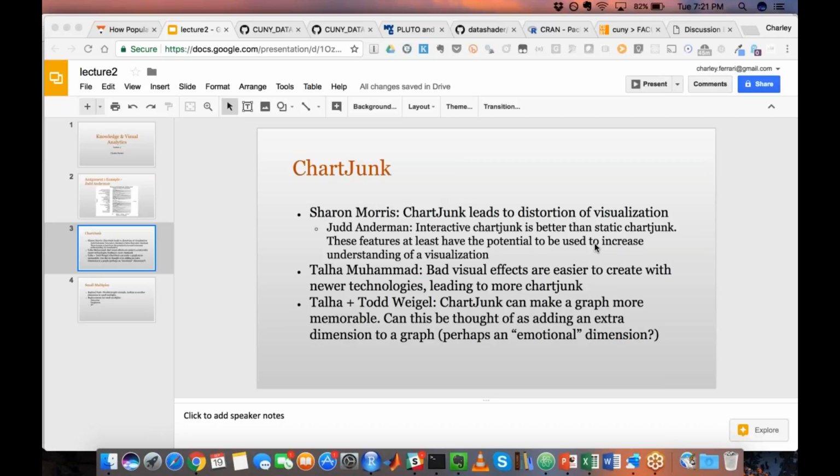So if you take it away, you're taking away something meaningful in the graph. But perhaps something like ChartJunk could be seen as an extra